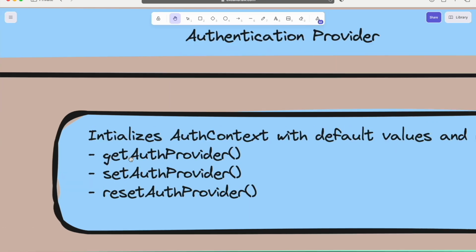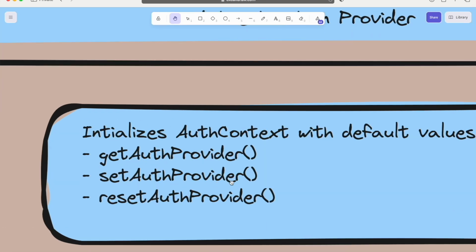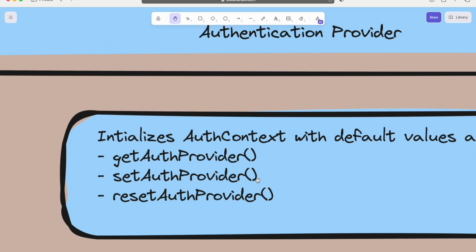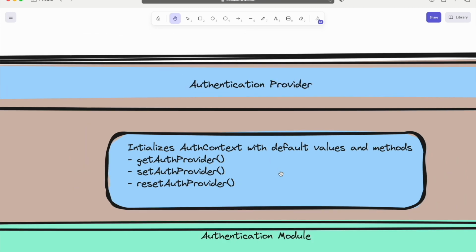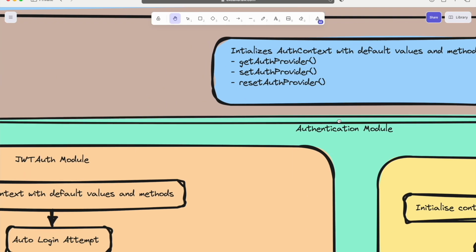So what we'll do is we'll set the auth provider as Firebase in our browser's local storage. That is what we thought of right now. So that way, if the user logs in again, first it will check what auth provider we have right now in the local storage. Or suppose the user refreshes, it will get the auth provider, and check which auth provider this current user is using,